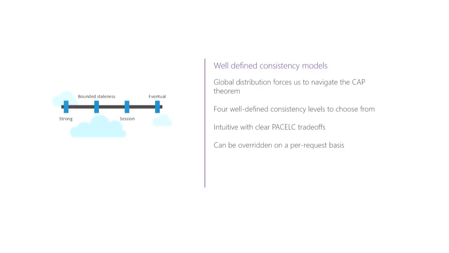So it's OK if I relax consistency and my buddy sees my comment, let's say, a second later. What's not OK is if I refresh the page and I go, where did my comment go? Did the application actually write the comment? Should I write it again? If I write it again and I refresh the page, am I going to see it twice? What is the behavior? And this is what makes programmability for eventual consistency so hard, is you have to bake this logic into the application. With session consistency, we give you this functionality out of the box so that I'm able to read my own writes. I actually get strong consistency scoped to my session, while other sessions get eventual.